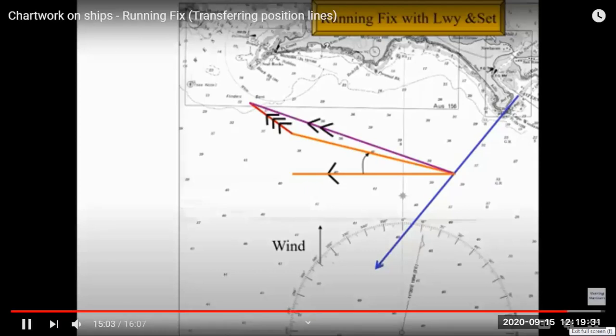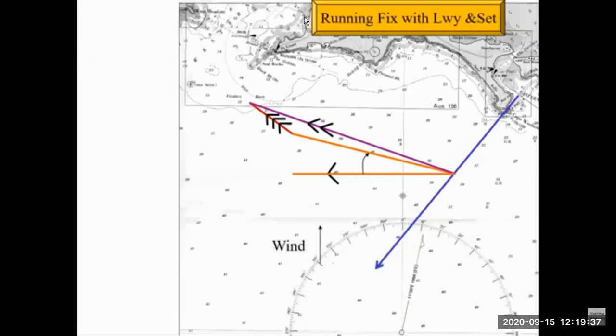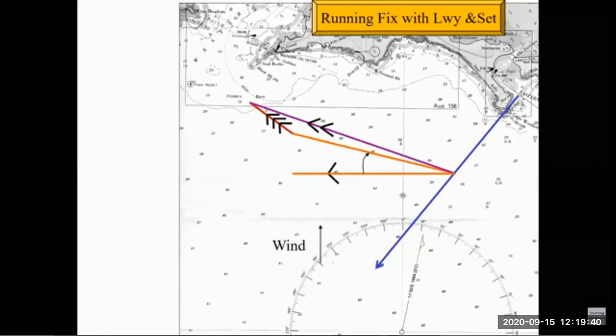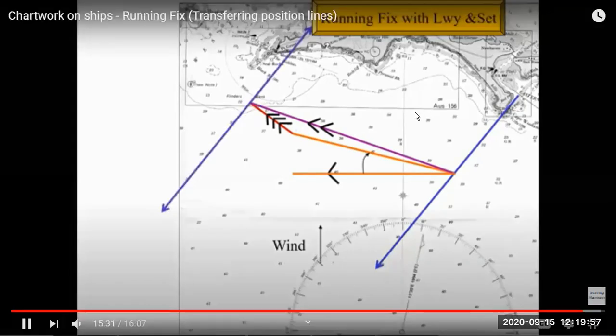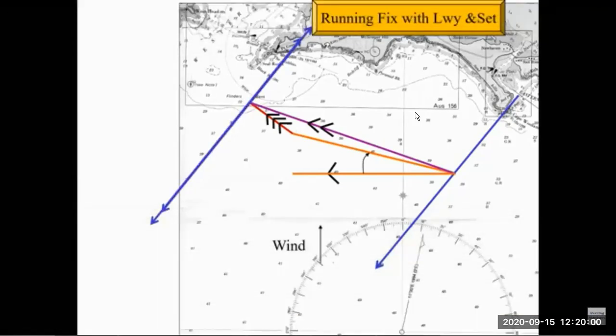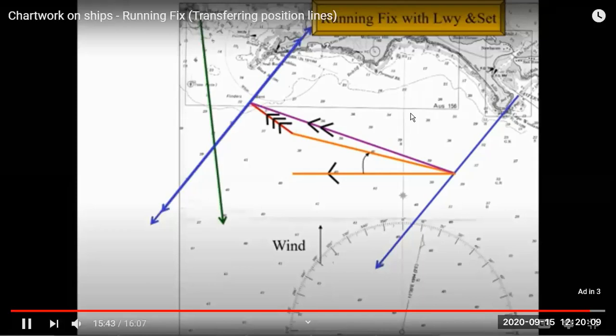So to get the actual position of the ship, we again transfer the initial PL from this point. That is your estimated position 2. So this is your course made good we got, and we transferred the initial PL marked with 2 arrows, and we write this is the transferred PL, and then we plot the second PL, and we get the fix, and that is your